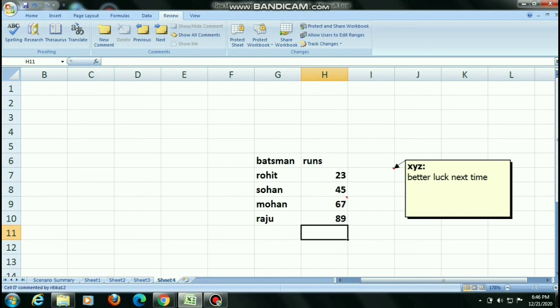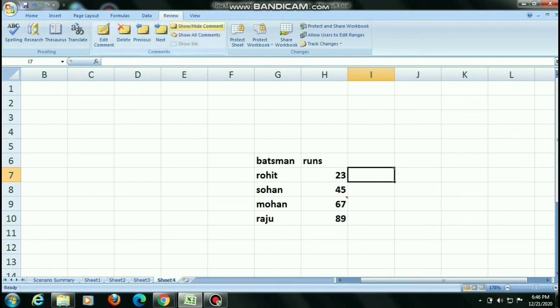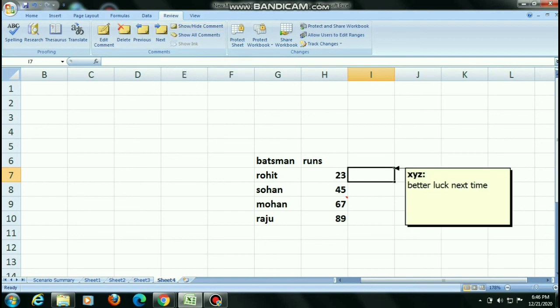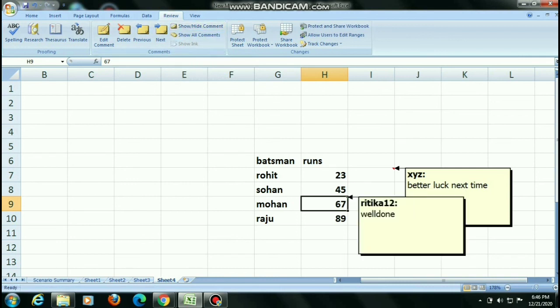Then what you have to do is select that cell, and here in the Review tab you will find Show/Hide Comment. When you click on Show/Hide Comment, the comment will be shown there. Again select the other cell and click on Show/Hide Comment. You will see both comments are visible. Now you can move anywhere in your sheet, and the comment stays there as it is. If you want to remove this comment from display, again select it.